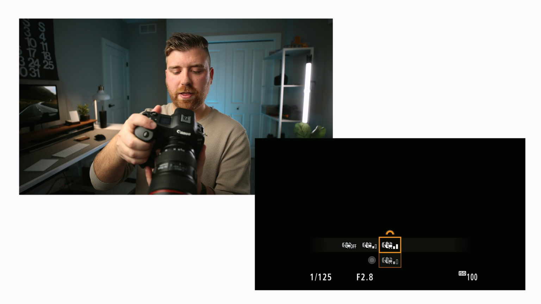And so I have this button programmed so that when I press it, you can see at the bottom of the camera, the little stabilizer comes off, and then with my little toggle up here on my index finger, I can scroll between the 3 different levels of digital, or really 2 different levels and off of digital image stabilization that the camera offers. And so this is just a really handy way to very quickly turn on and off that digital image stabilization where you kind of crop in and the camera digitally tries to compensate for any movement